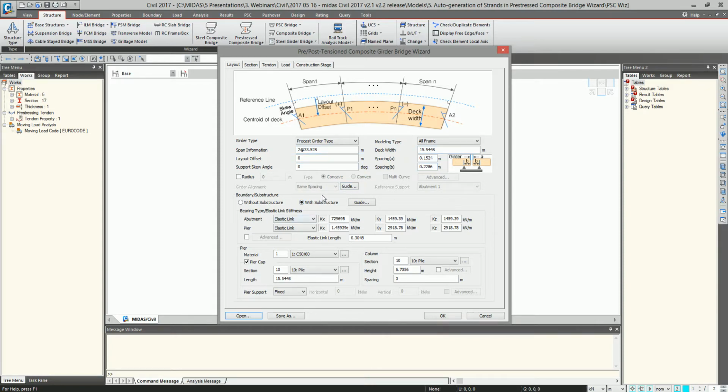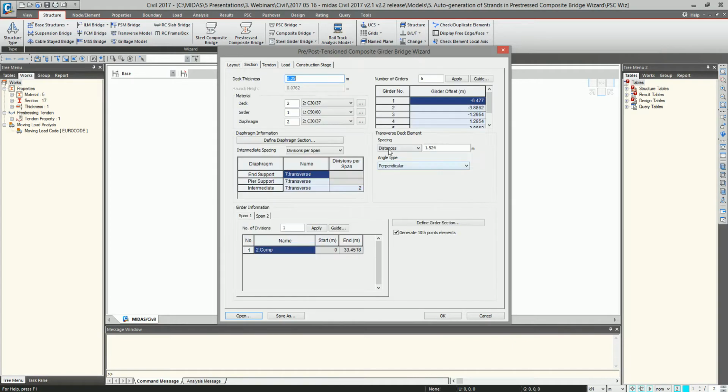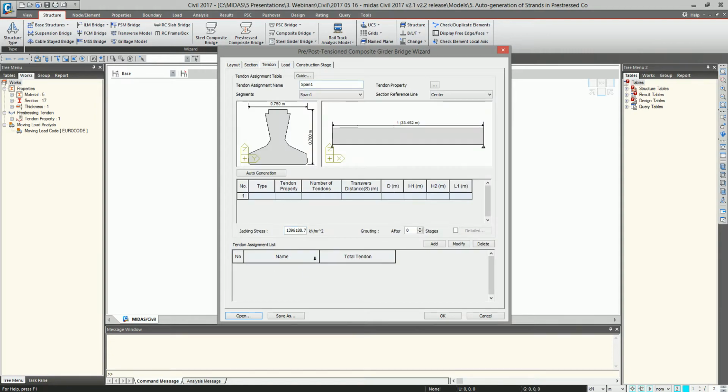We can define skews, offsets to our girders, what type of elements we want to use, if we want to analyze everything in frames or in a combination of plate elements and beam elements, if we want to include superstructure or not. Then information about the sections, section offsets, how we want to treat the diaphragm, girder information here, and if we have different girders for different spans, we can assign that as well. And then the improvement that has been added now,